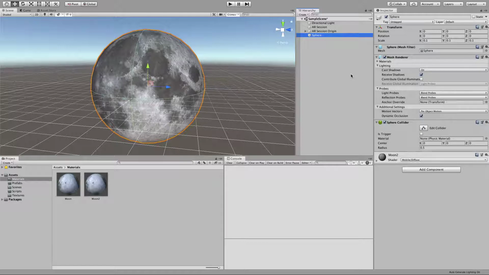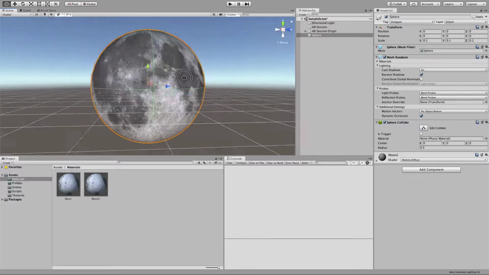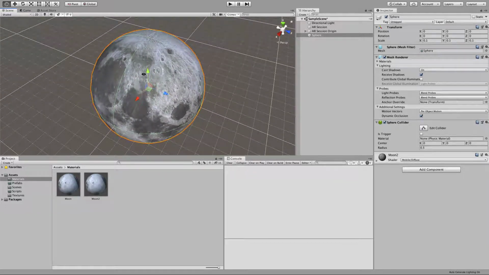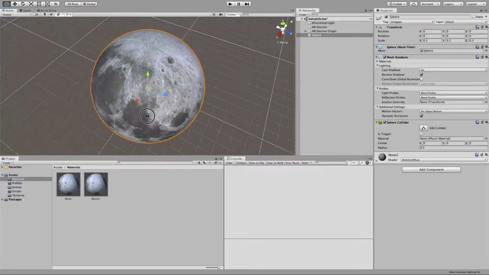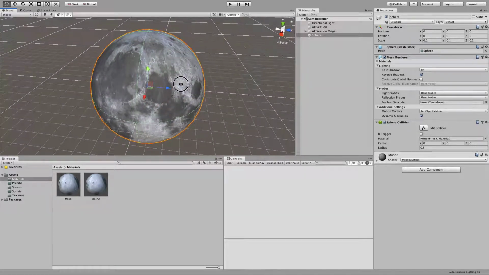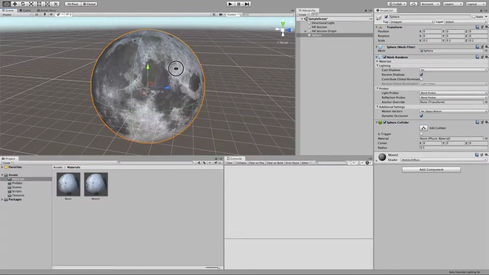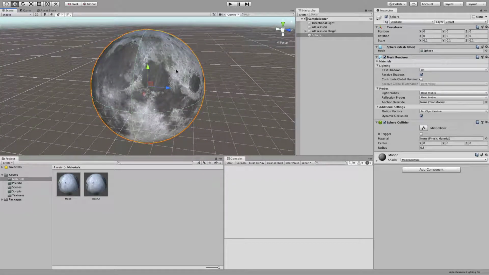means we want, right now you see these, what do they call that? Axes, red, green, and blue axes here. This is telling you where the moon's origin is, which is in the center of the sphere. And that makes sense. However, if we left it that way and we instantiated it on a plane, it would be halfway buried into the plane. So for now, we're going to move that down so that it will stick the